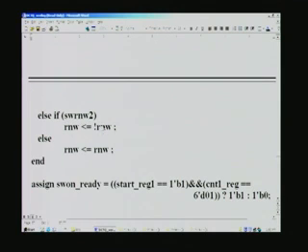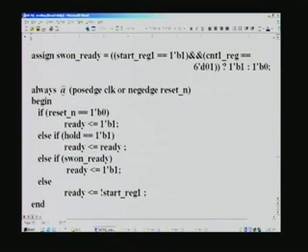If it is the end of the block, we merely invert it, whereas in the previous case it was to differentiate between the very first block and subsequent blocks, corresponding to counter 1 being 0. That is why that trick was played there, and this is done as a routine affair here. Similarly, we create a ready signal, and for this the condition is start must be still 1 and counter 1 is 1, because after this we want to take an action. So, we will continue this in our next lecture. Thank you.